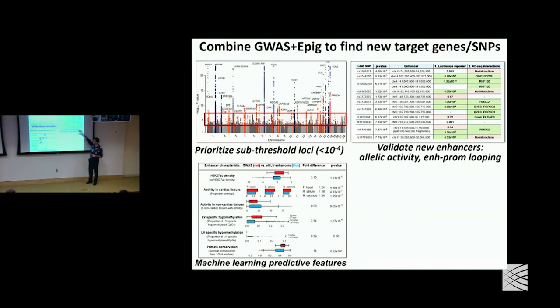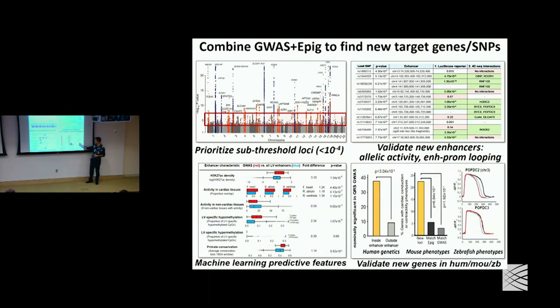And then he looked at a dozen of those that are sometimes 1,000 times less likely than genome-wide significance. And he said, let's actually start validating them. What's really remarkable is that if you look at the downstream target genes and you hit them with morpholinos in a zebrafish embryo, you see that they indeed change the phenotype. In this particular case, the heart repolarization interval is altered by perturbation of these SNPs that are sitting in,